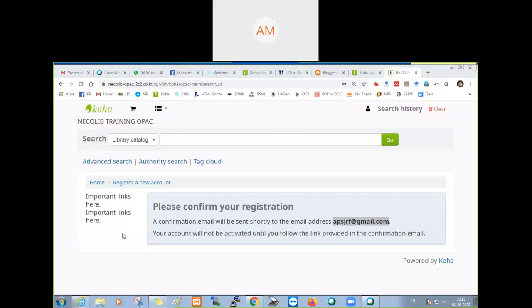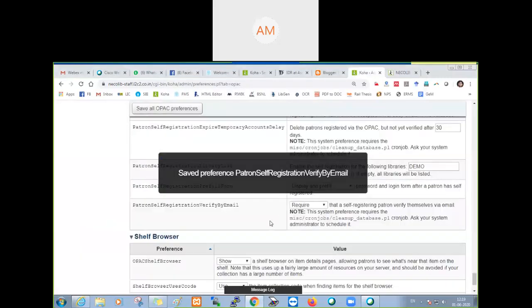Once you configure the email, only then should you activate this system. Your system will send a confirmation email, and after clicking, you will get the confirmation page. So this is what our Koha self registration is.